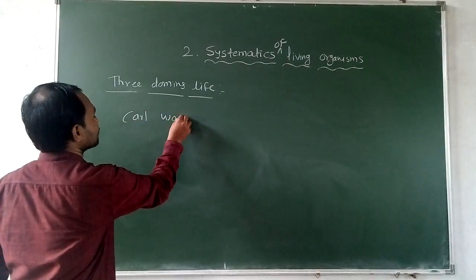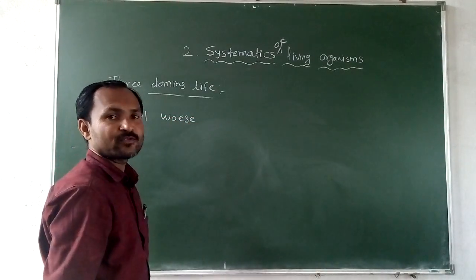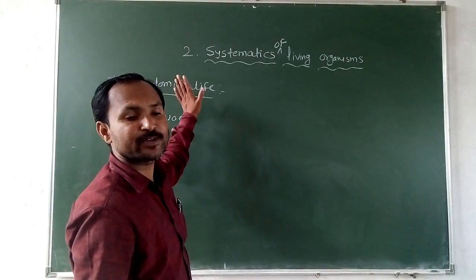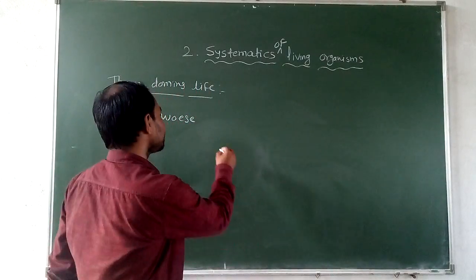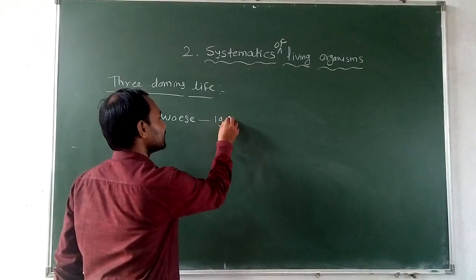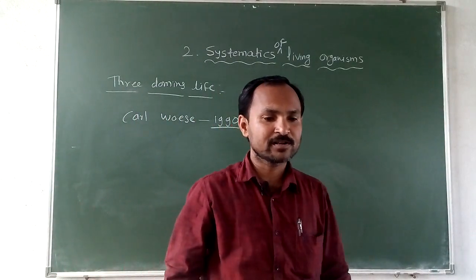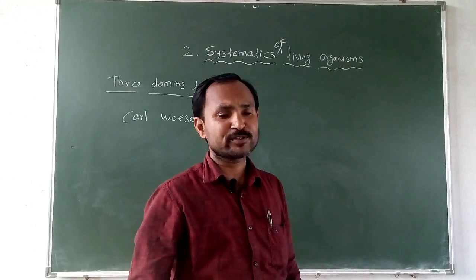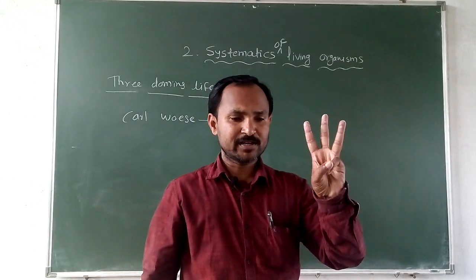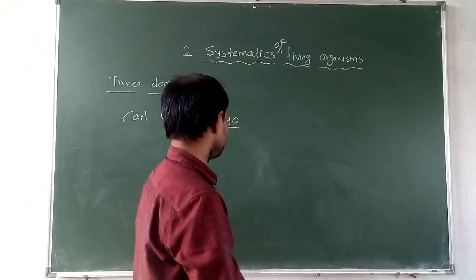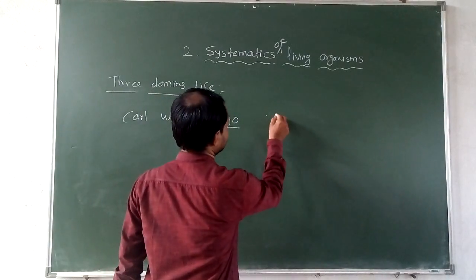Carl Woese. This is the scientist who first introduced the three domains of life. In which year? In 1990. In that year they proposed these three domains of life, meaning life having three domains. Now these domains are,